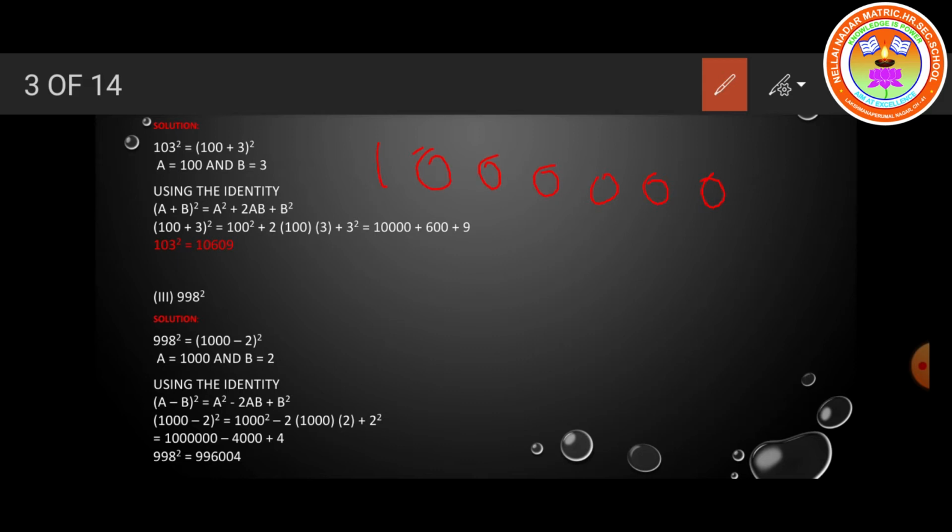Then add B square. B square is equal to 2 square. 2 into 2, 4. We are going to add together 4, 0, 0, 0, 0, 0, 1. The answer is 10 lakh and 4. Next one, minus 2AB. We are going to subtract. Minus 2 into 2, 4. 4 into 1000, 4000. We write it as 4000. Now we are going to subtract. What is 4 minus 0? 4. Next is 0 minus 0, 0.